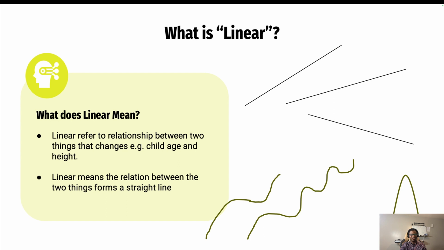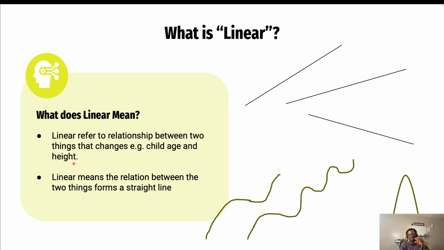Then you can see this one is not linear, and this one is not linear, and this one is not linear. Someone can argue that as a child gets very old, maybe after 25, the height will not increase. But let's just assume that the relationship between the age and height is linear continuously.